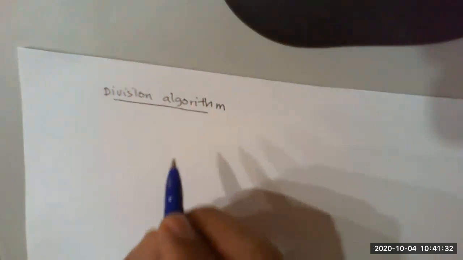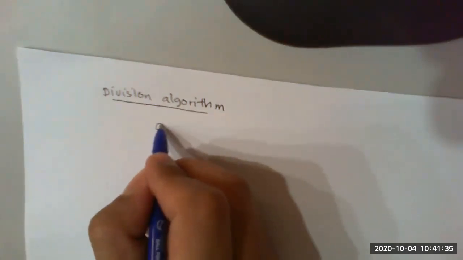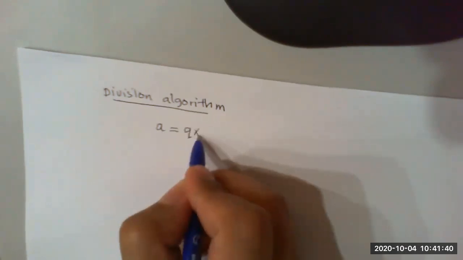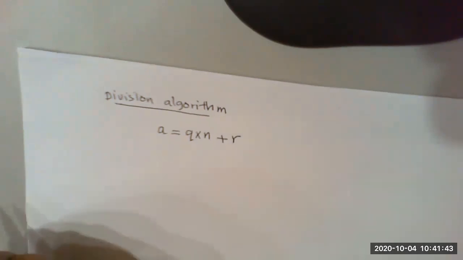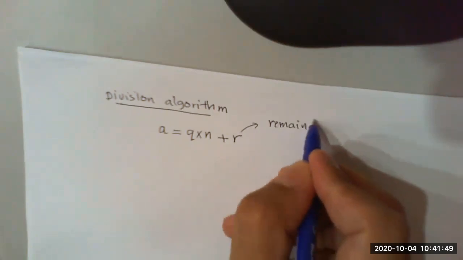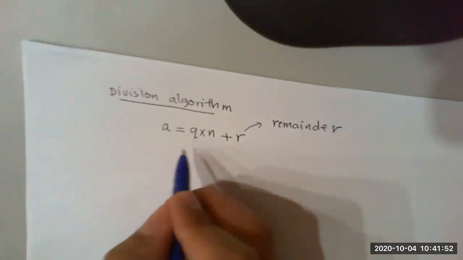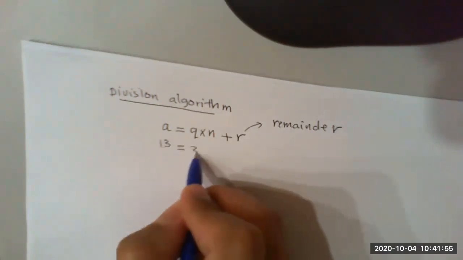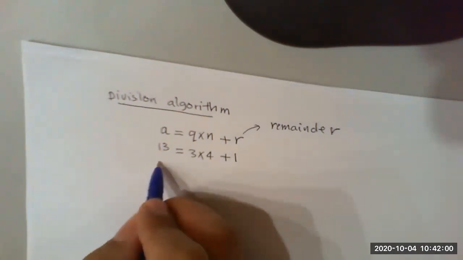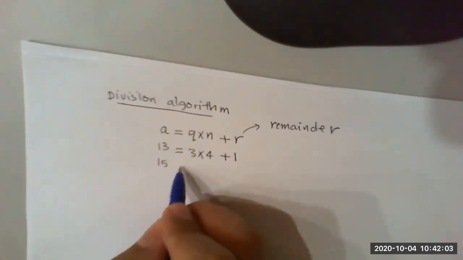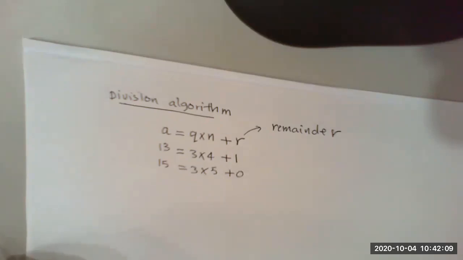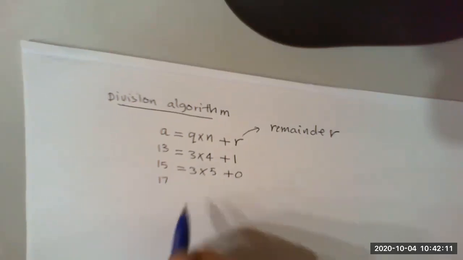Division algorithm is very straightforward. It says you can write the number A as a number multiplied by N plus R. This R is the remainder. For example, I can write 13 as 3 by 4 plus 1. I can write, for example, 15 as 3 by 5 plus 0. And I can write 17 as